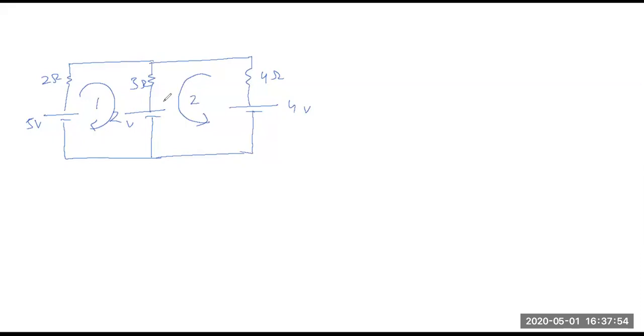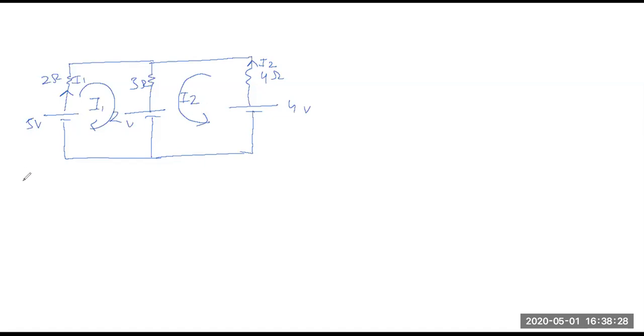One more thing which I need to do here is to consider currents, right? So let's say I'm assuming current in this loop is I1 and current in this loop is I2. So what it basically means, contribution of this loop will be I1. So I1 current will go like this. And in this loop, I'm assuming a current of I2, right? So I've decided what my current will look like. I don't know whether it's correct or not, but I have considered some arbitrary direction for a loop and for the current. You can choose it any way you want, right?